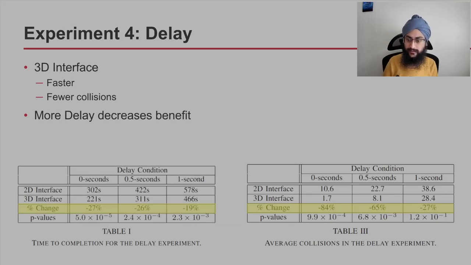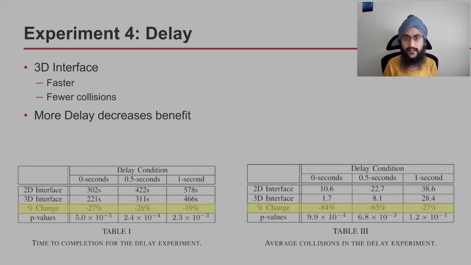But one of the interesting things we can notice, if we look at the percent change column of the table on the right, is that the number of collisions went from being 84% less when there is no delay in the 3D interface versus the 2D interface, to the 3D interface only having